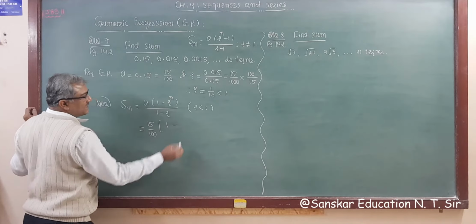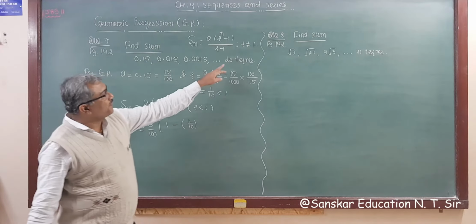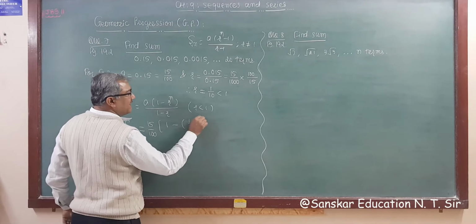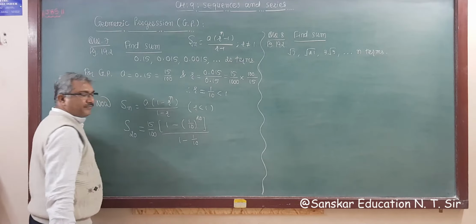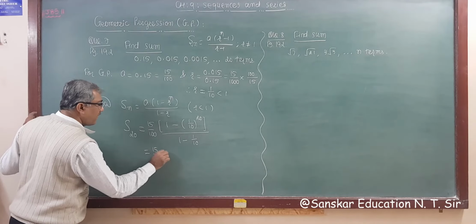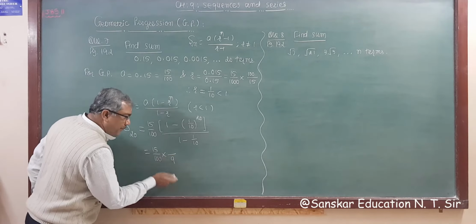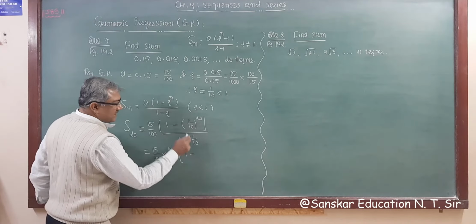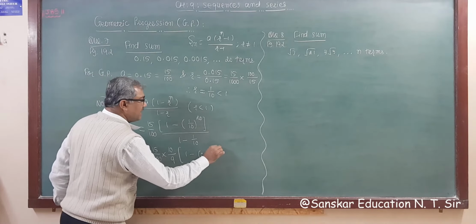Then 1 minus r, r is 1 upon 10, so 1 upon 10. We have to find the sum up to 20 terms, so we have to take n as 20. Substituting n is equal to 20 here, whole upon 1 minus r, which is 1 upon 10. So this is 15 by 100. Now if we take LCM, then 10 minus 1 is 9. So in the denominator 9 upon 10 goes to the numerator 10, right? And this is 1 minus 0.10, 1 upon 10 means 0.10 raised to 20, right?